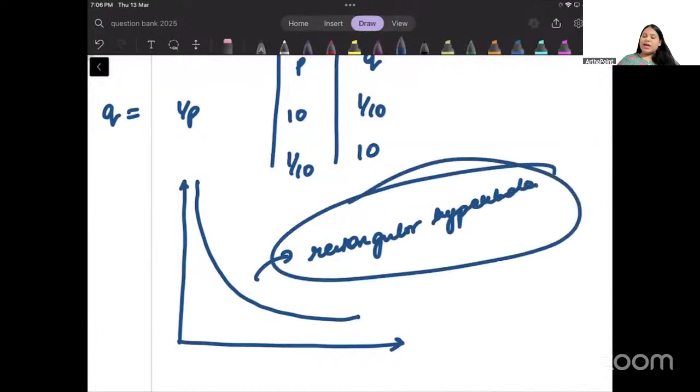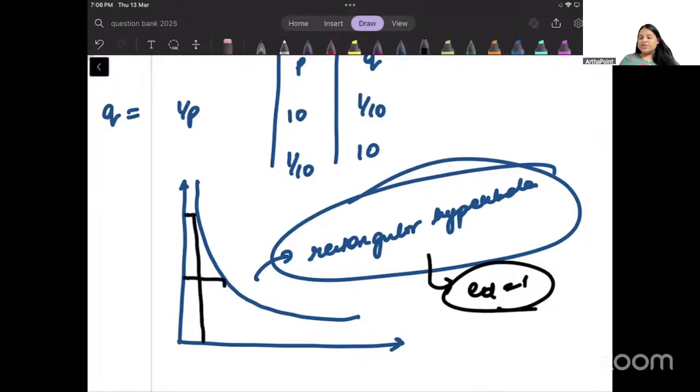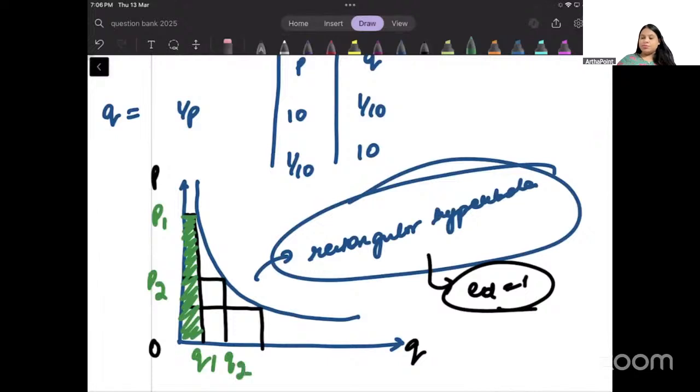और रेक्टेंगुलर हाइपरबोला की प्रॉपर्टी है कि इलास्टिसिटी ऑफ डिमांड इसमें यूनिट इलास्टिक होती है। इसकी एक और प्रॉपर्टी है कि इसका एरिया अंडर कर्व ऑलवेज सेम रहता है। और यहाँ पे एरिया अंडर कर्व क्या होगा बेटा, प्राइस इंटू क्वांटिटी। माने मैं किसी भी पॉइंट पे प्राइस इंटू क्वांटिटी निकालूं, यहाँ पे या यहाँ पे,